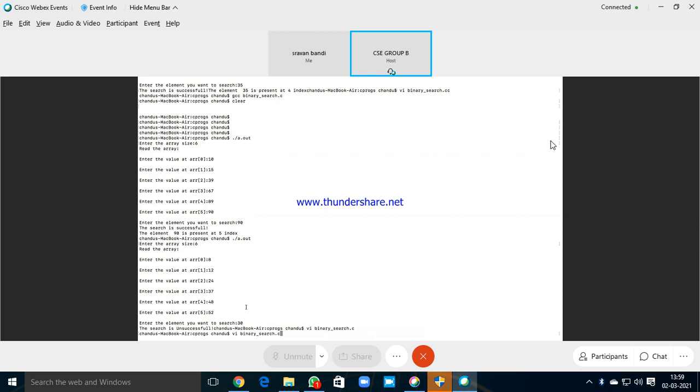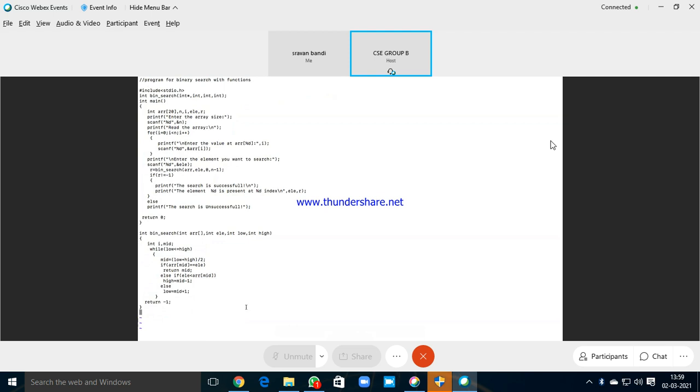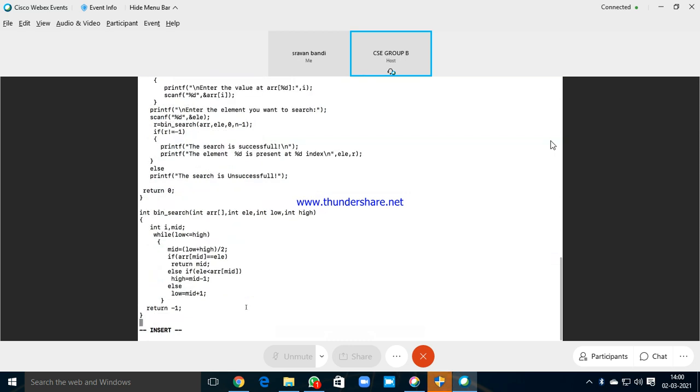Mechanical students, do you know the recursive version for this? Okay, now try for the recursive version. Recursive version for this, with recursion. There is no change for the main function. Only this needs to be changed.